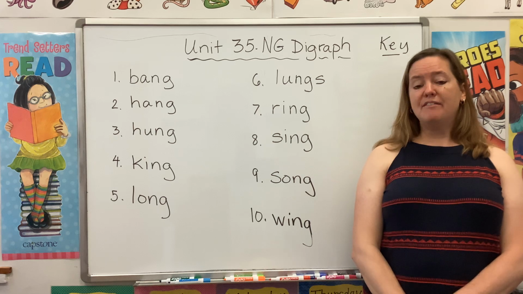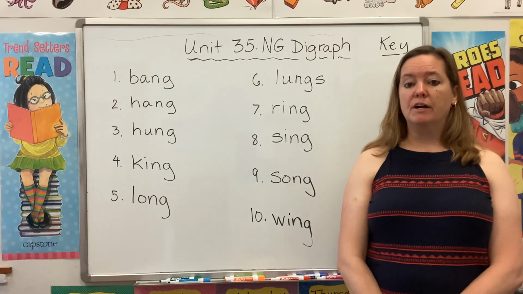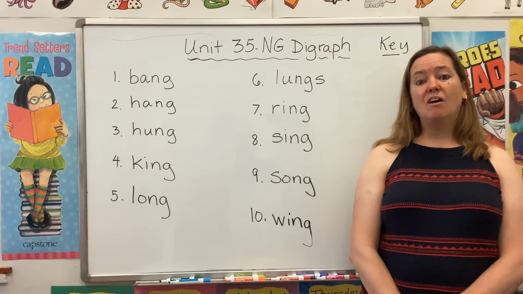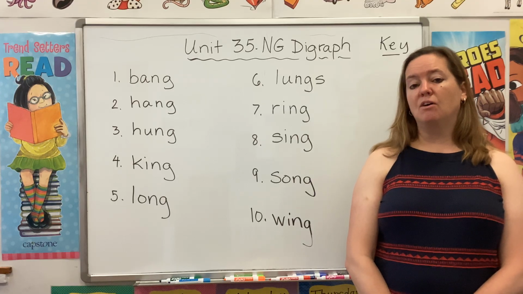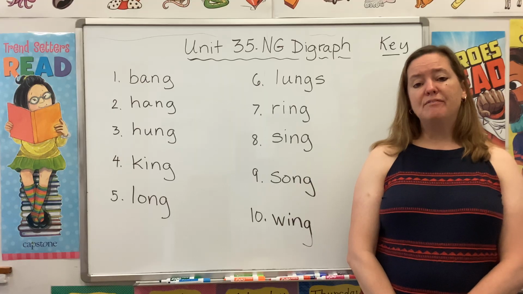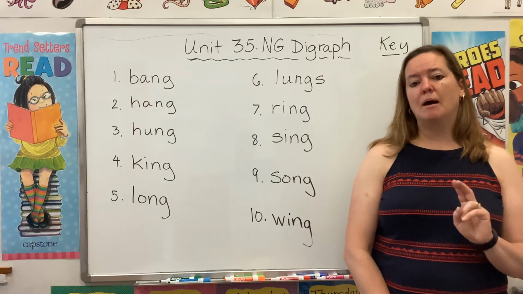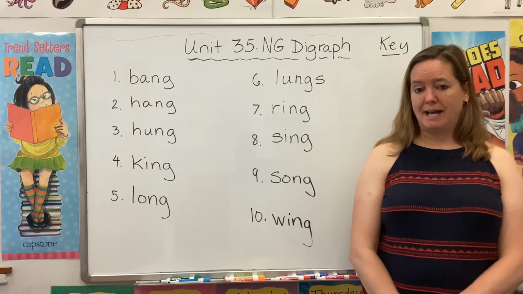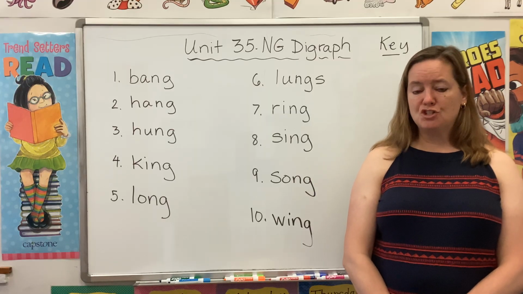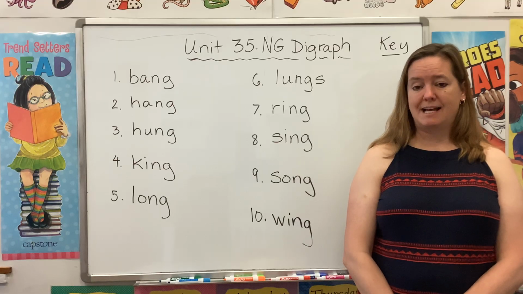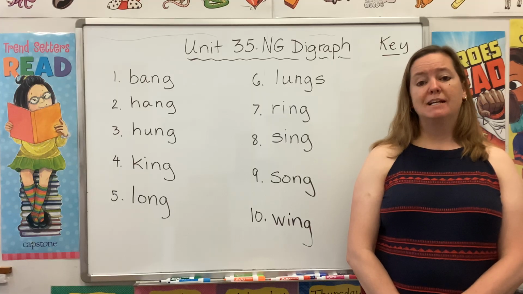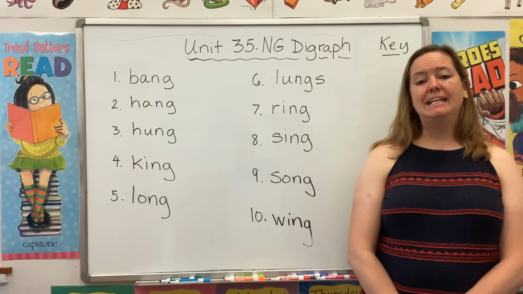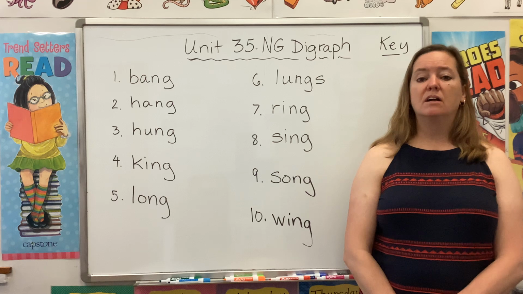All right, for several weeks now, we have been learning about R-controlled vowels. Well, we are done with that for now, and we are going to circle back to something called a digraph. If you remember, a digraph is two letters that come together to make a whole new sound. So C and H come together to make the ch digraph. S and H come together to make the sh digraph, and C and K come together to make the k